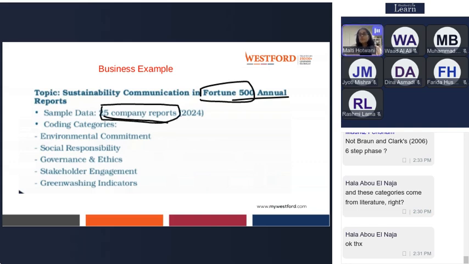And what is my source of data? Sustainability reports. That is ESG, environmental, social, and governance reporting. Now, what are the code categories that I'm looking into in these annual reports?